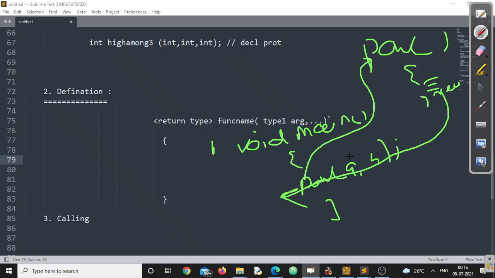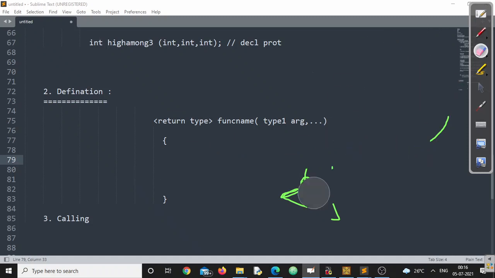Now the main method is calling this particular function, right? Now the power function will return to the function where it is called. Where is it called? Main function. So main function is the caller of power. It will call the power function, right? Now the power function will return to the caller if a return statement is there. Remember, the return statement always takes you to the function from where it is called, right?